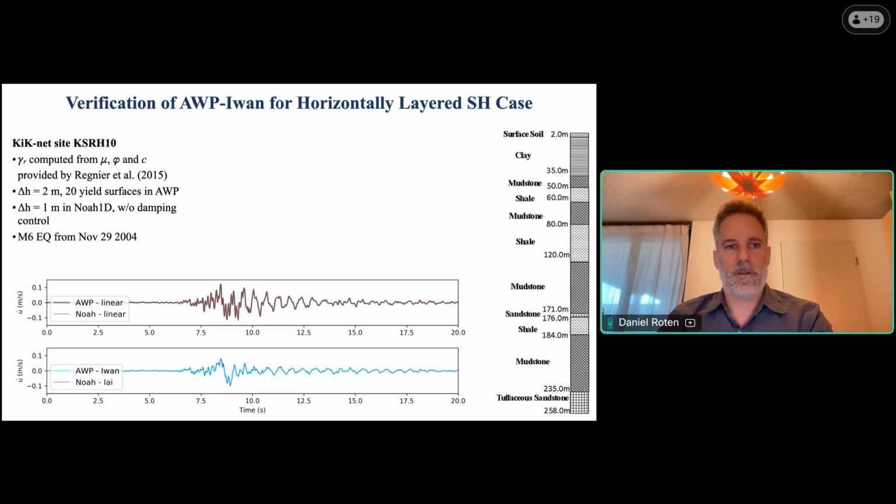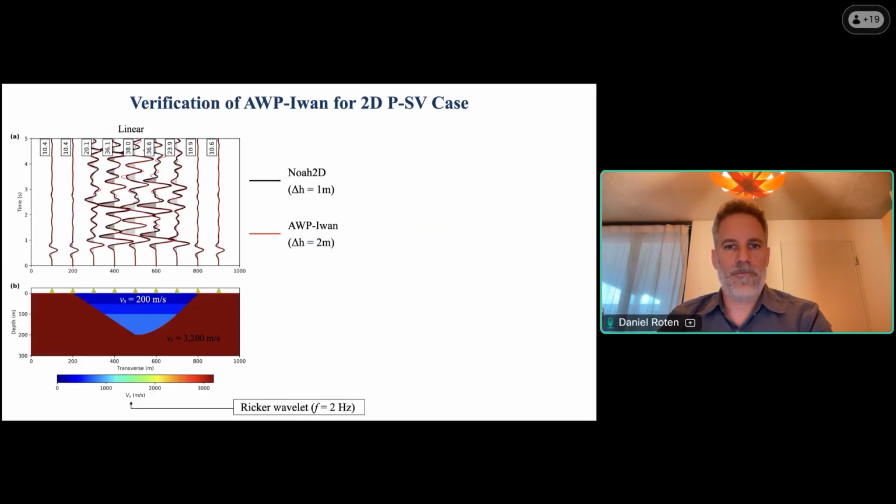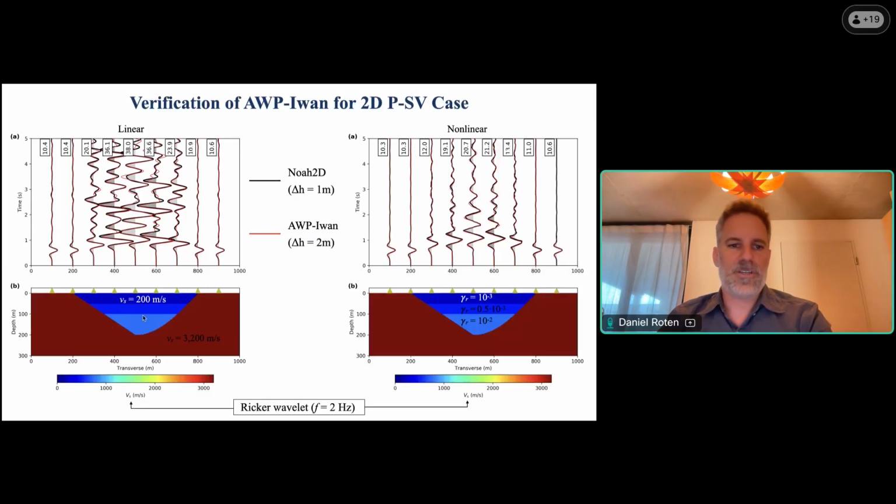So this is computationally expensive. You're not just looping over a number of time steps, but for each time step, you have to loop over a number of yield surfaces, where each surface has its own material parameters, like the shear modulus and bulk modulus, and also its own yield stress. Those parameters are computed on the fly, just to conserve memory on the GPU. Once you're done with that, you compute the overlay stress, which is the sum of all the stress tensors, and use that to update the velocity. This is actually quite good in terms of communication, because you only have to swap one yield factor for each surface, which is not so much data. So that's why the scalability is still quite good.